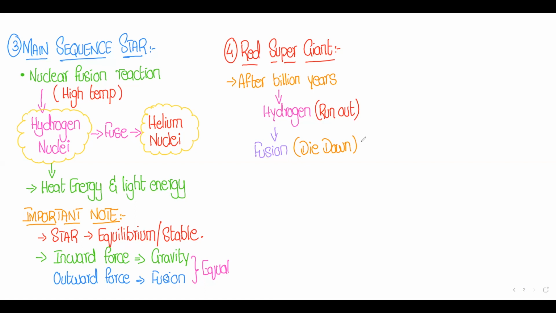And this force of gravity will start to shrink that specific star, which we are going to talk about. It starts shrinking that specific star, and the temperature of that star will also change, right? So due to this whole process, what will happen with that red supergiant, or why we are calling it a red supergiant, this happens because of